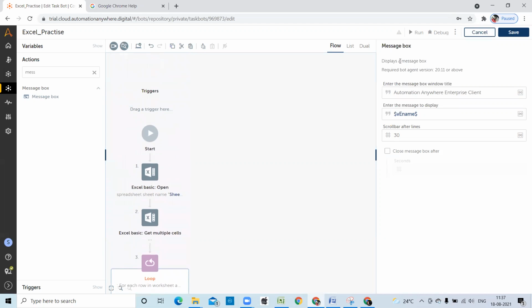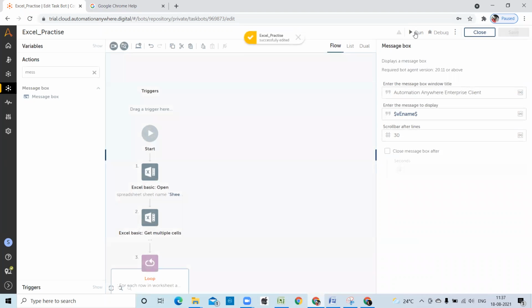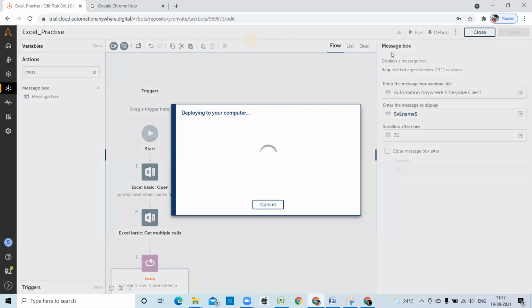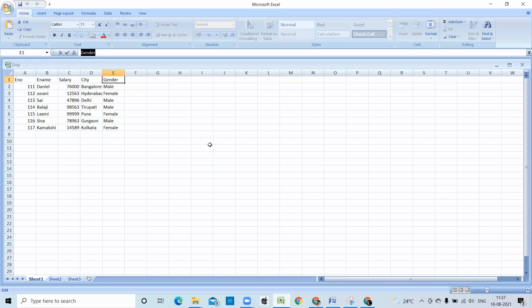Now let's try to execute this one. Save, run. Now Excel will open at backend only, but already I have opened for your reference purpose.